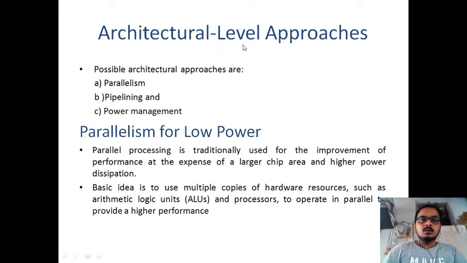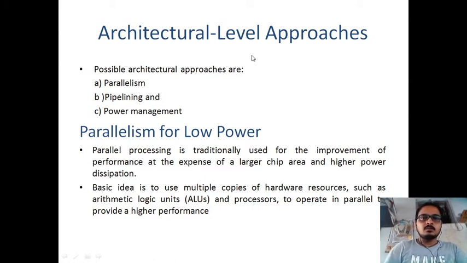In that, we have different circuitry, that is adders, subtractors, multiplexers, ROMs, etc. Those are the circuits related to RTL level approaches, meaning architecture level approaches. When we decrease the power supply at architecture level, it will affect the gate level also. That's why we study this concept in low power VLSI.